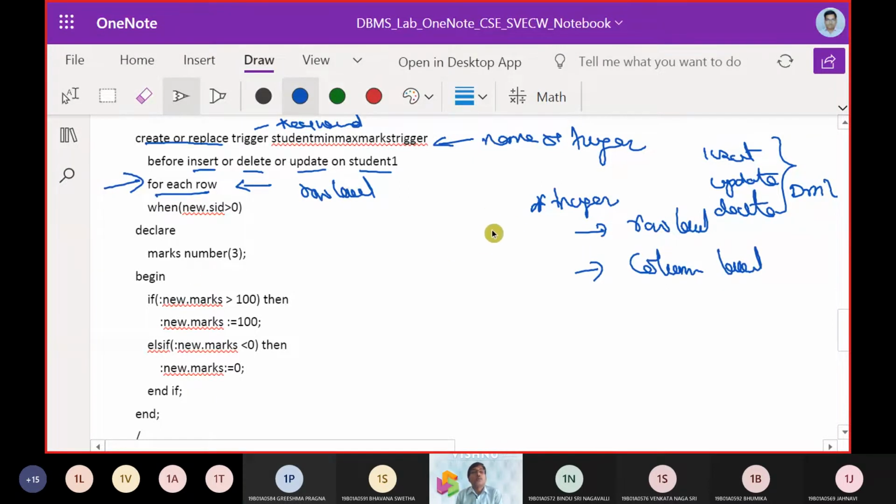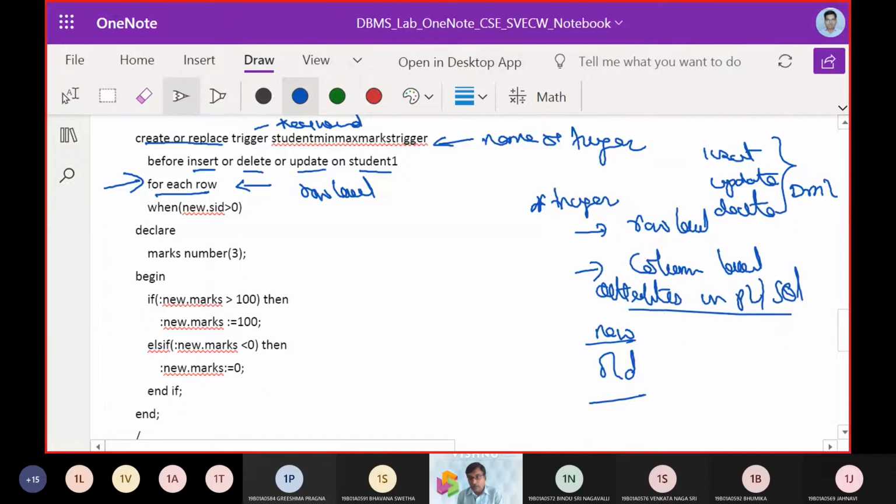And now to point out the variable, we are going to use new and we are going to use old. These are 2 special attributes in PLSQL, that is to point out the previous value and to point out the present value.